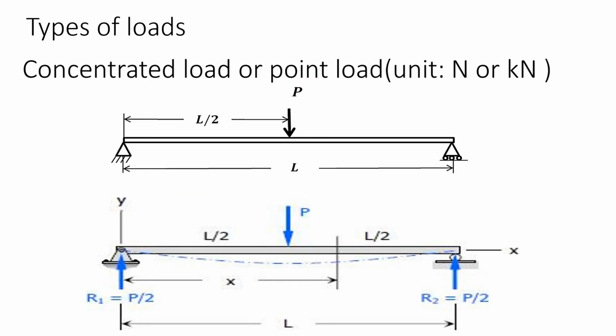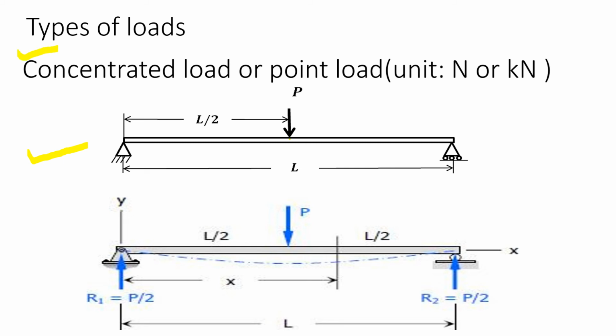So after discussing the types of beams, we'll discuss the types of load. So very first, concentrated load or point load. The unit of it is Newton or kilonewton. Let us consider one simply supported beam subjected to one load at the center. The load which is assumed to be concentrated at the center